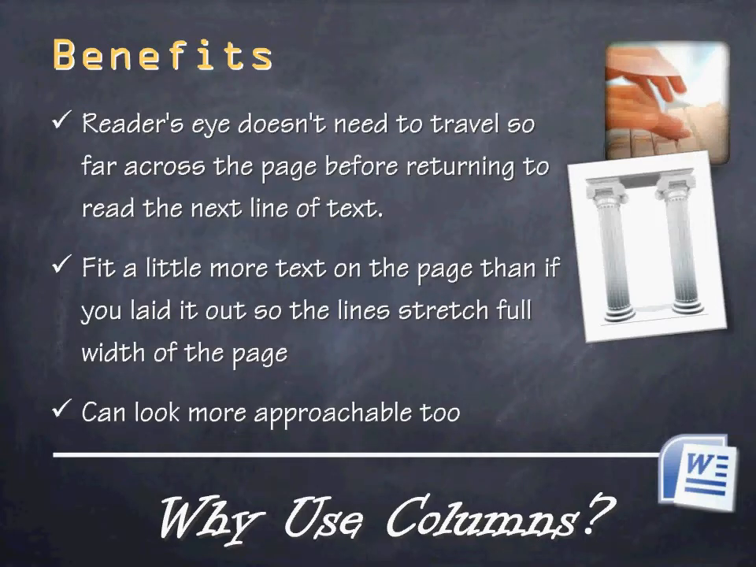So when I say your text is a little more simple, a little more readable for those who are reading your document, I mean that the reader's eye doesn't need to travel so far across the page before returning to the next line of text. That's one of the benefits of columns, it makes it a little more easy and quicker to read the text. At least it feels that way. You can fit a little more text on the page as well if you lay it out so that the lines don't stretch the full width of the page, and therefore you make your document feel a little bit more